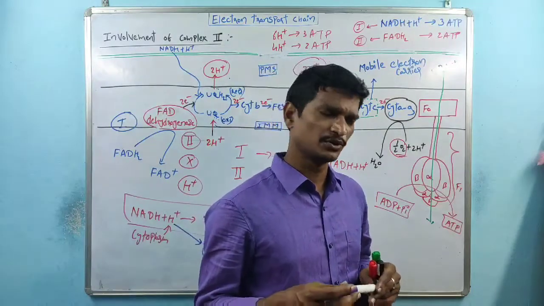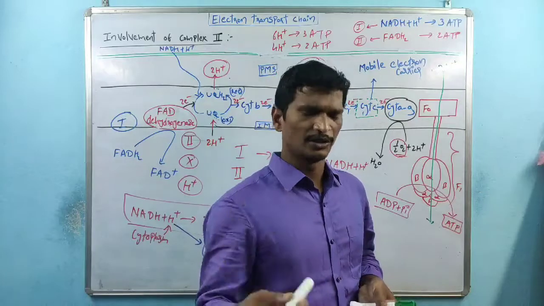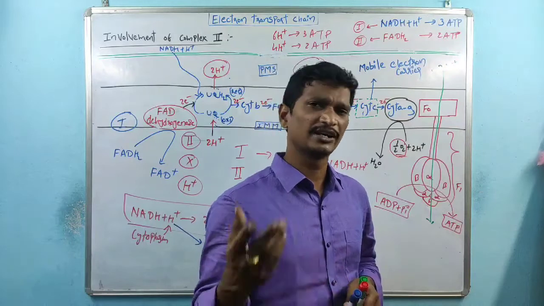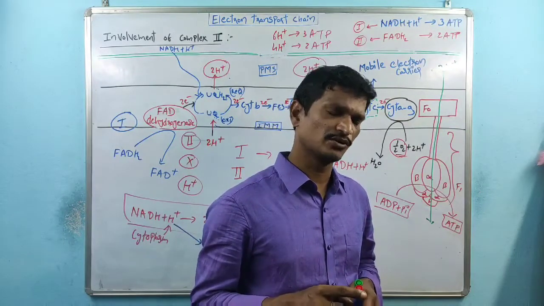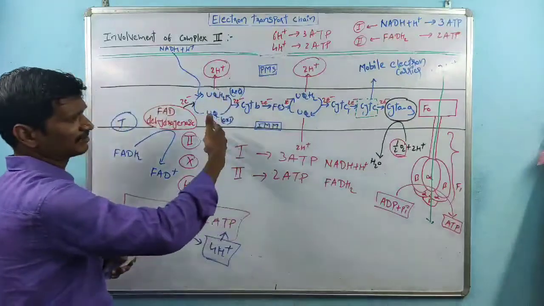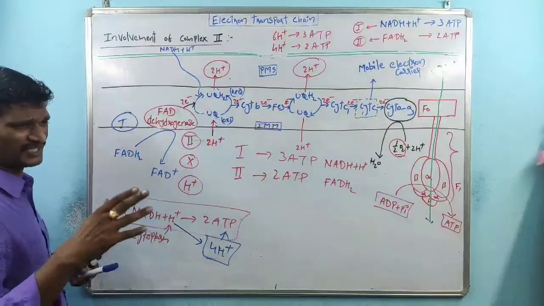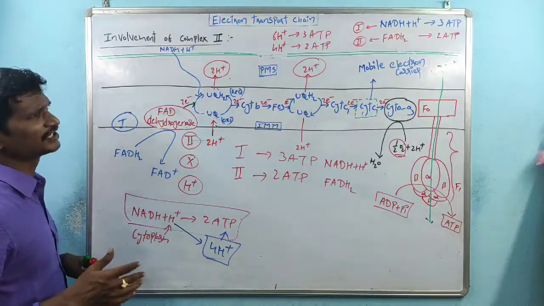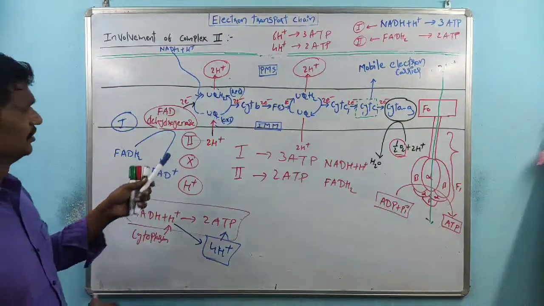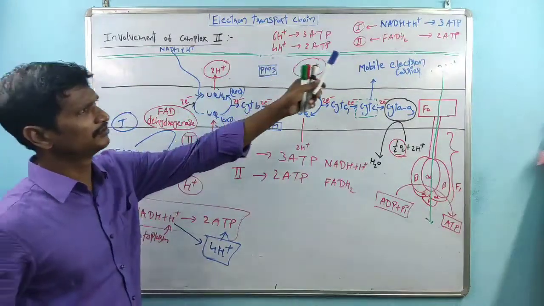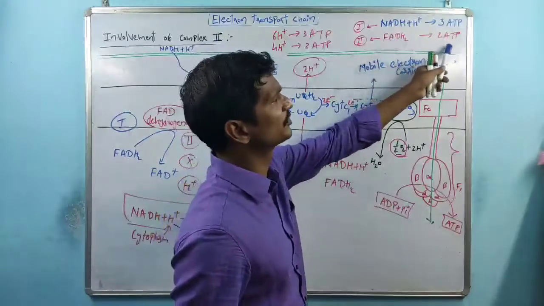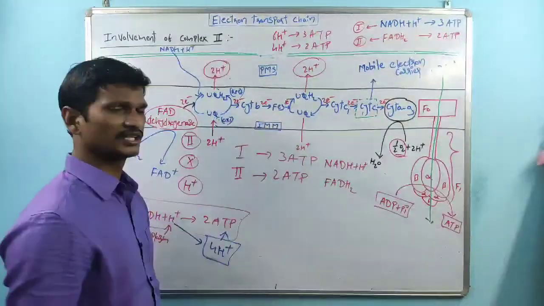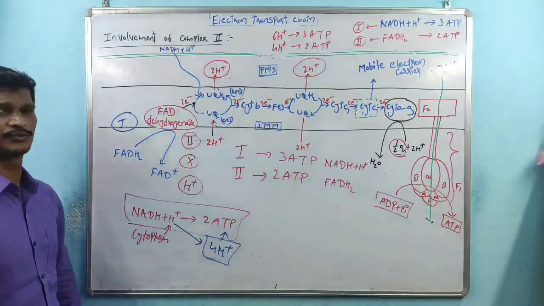Normally, NADH + H+ produced within the mitochondria equals 3 ATPs, but glycolysis-produced NADH + H+ equals 2 ATPs. So this is the pattern, which is different for cytoplasmic NADH + H+ and mitochondrial NADH + H+. So this is about ATP production: FADH2 equals 2 ATPs, and NADH + H+ equals 3 ATPs, produced inside the mitochondria. That is about the electron transport chain.